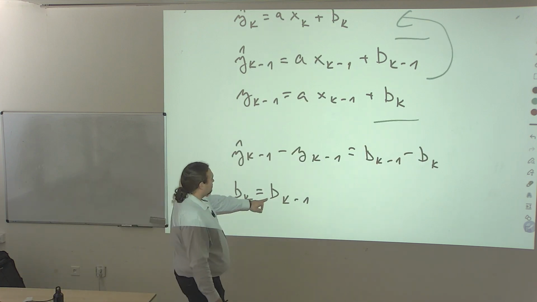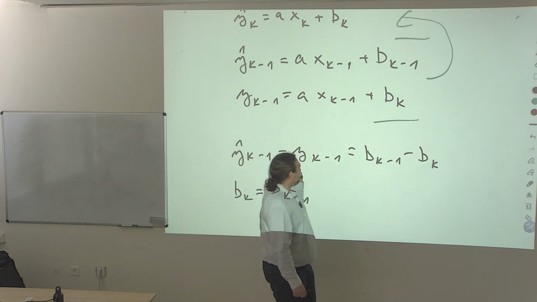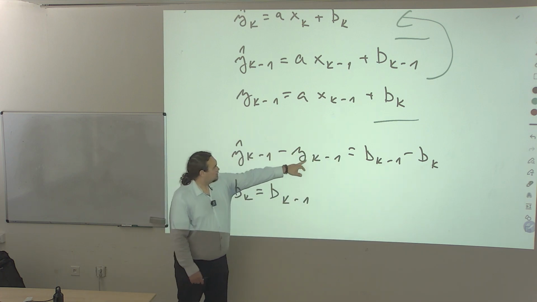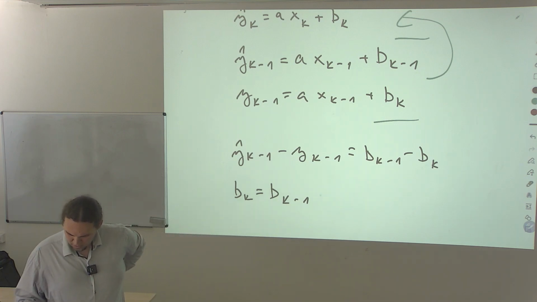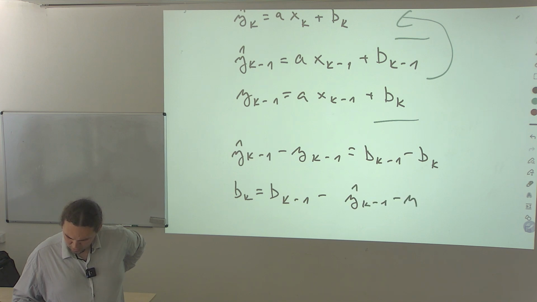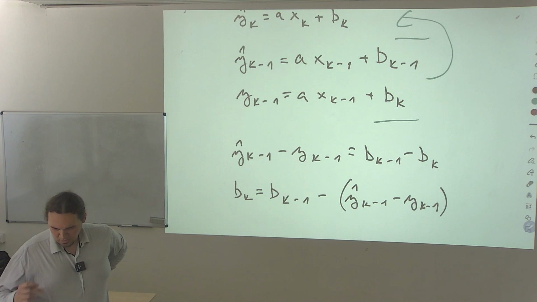So our previous bias, let's just take the minus b_k on the right hand side, and we take our prediction error to the left hand side. Makes sense? So this is basically a very simple